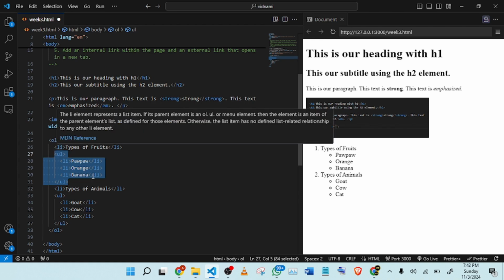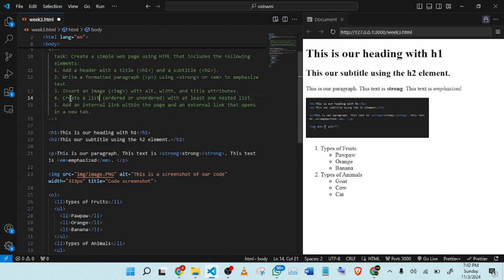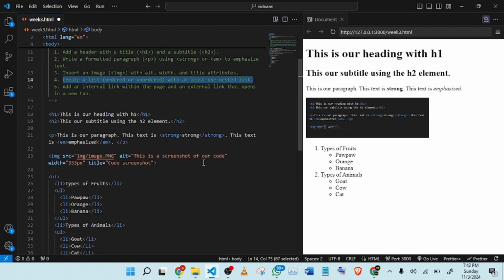So basically that's what we are asked to do here when it comes to creating a list, ordered or unordered list, and at least one nested list. Then the last task here says,